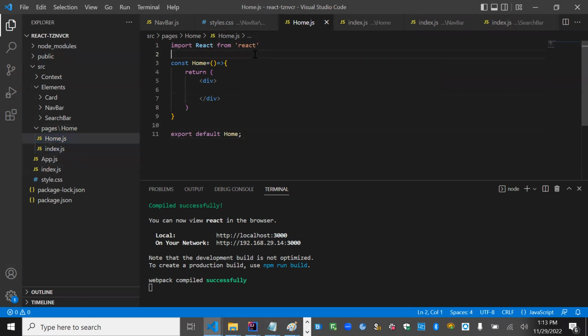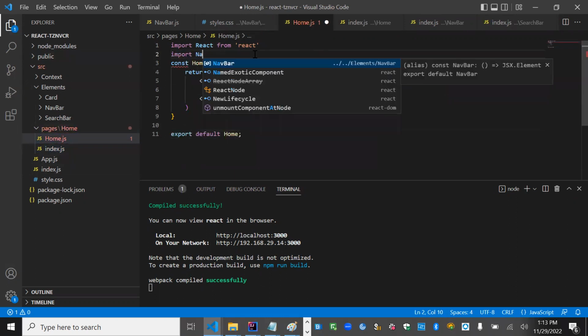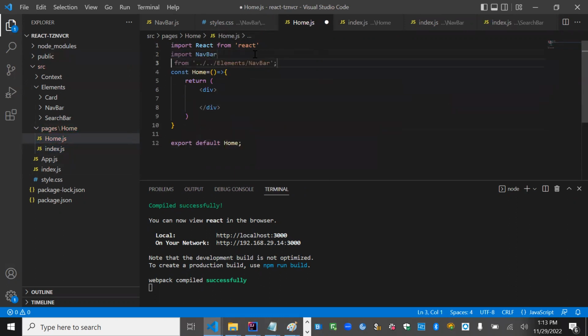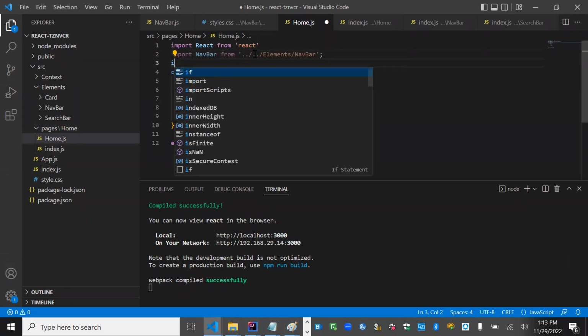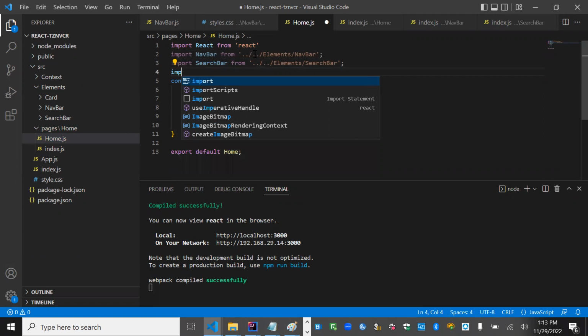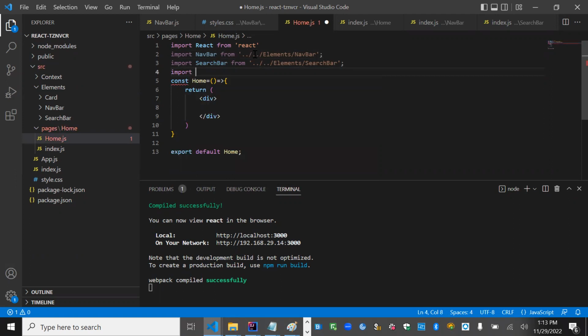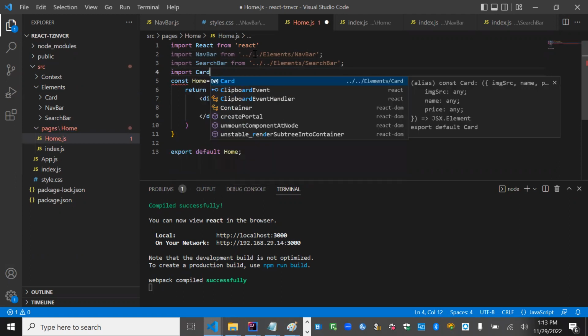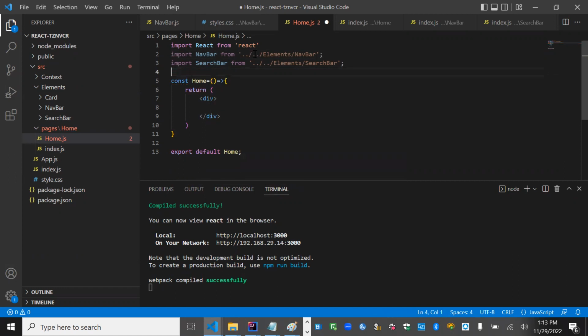In here, the first thing I'm going to import is a navbar. Then I'm going to import our search bar. Then I'm importing, what was it? Card. Card is not required right now. Maybe I'll just go with this. Okay, so yeah,